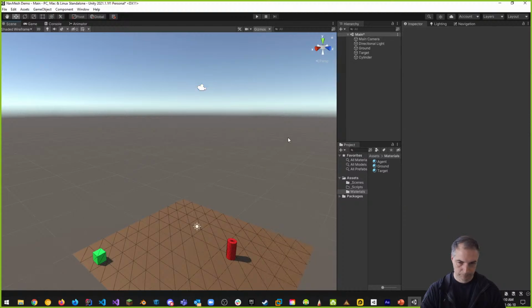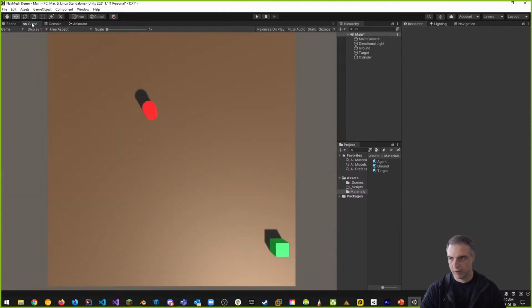Okay? So that's the way it works. So now when I look at the game, you can see that that's exactly what I'm seeing. I'm seeing an object here, and then there's an object here, and I want to go from here to here. And we're going to use a navigation mesh to do that, right? And here, okay? So again, if I run this thing, when we run it, you really don't see any